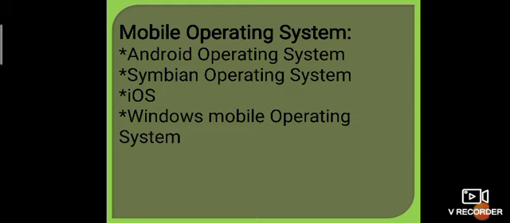It is the world's most advanced mobile operating system. It was originally released in 2007 and is used to run the iPhone, iPad, iPod Touch. Then Windows mobile operating system. It is the mobile operating system developed by Microsoft for smartphones and mobile devices based on the Windows CE kernel.